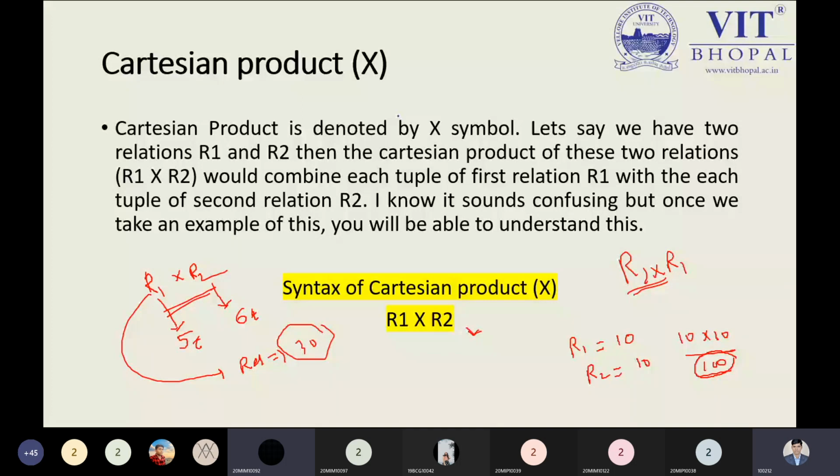I think that R1 cross R2 is like for each element of R1, R2 is being displayed for each and every element. Okay, so you are on the right track as well. Anyone else who wants to try? Multiplication of data points. Okay. So all of you are on the right track, but it's a very simple concept. Do not get any kind of confusion. We will see the example. Cartesian product is a very simple concept.